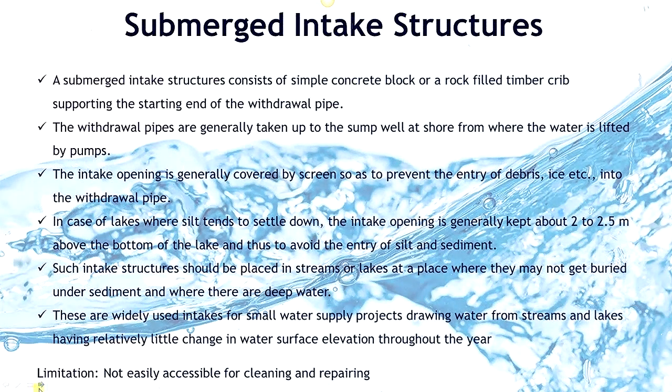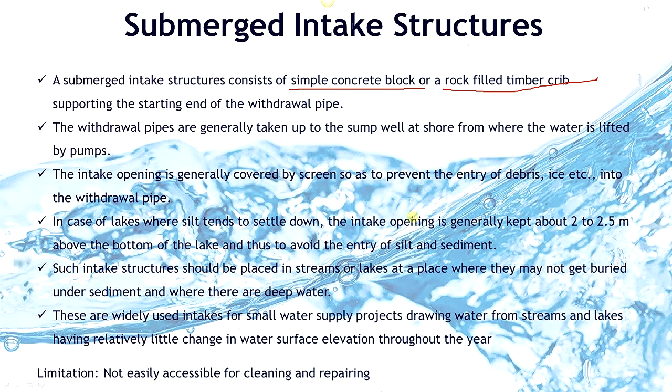These are widely used intakes for small water supply projects, usually built for streams and lakes where the water level does not change much throughout the year. There are two types of submerged intakes most widely used: the simple concrete block intake structure and the rock-filled timber crib intake structure. In these intakes, the intake pipe or inlet pipe that is submerged in water